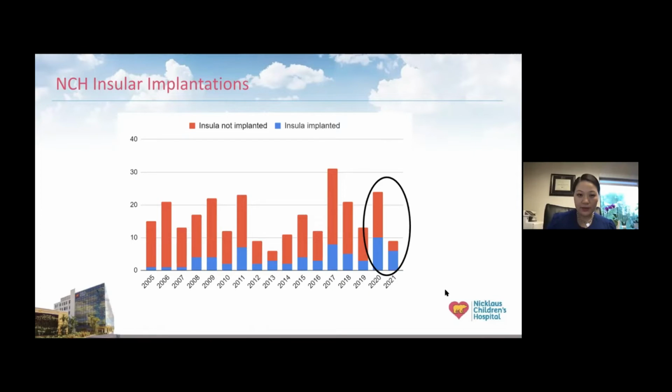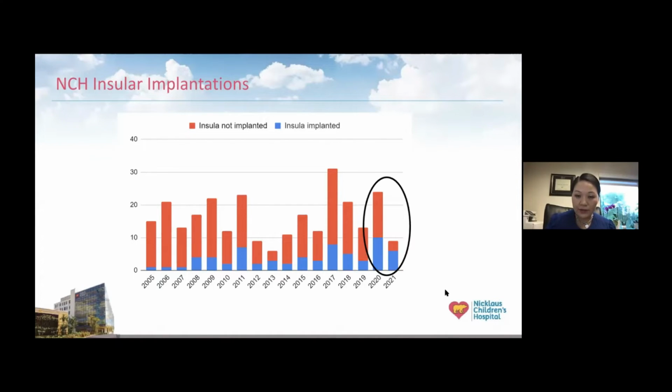And over the years, we have had more and more patients have their insula implanted. So you can see here the total number of phase 2 evaluations is the accumulation of these two bar graphs. But in the early years, the majority of the patients did not have insular implantation. And you can see with the blue, which is patients with insular implantation,